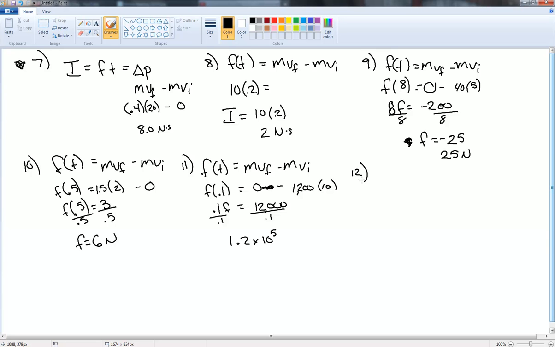During a collision, an 84 kilogram driver of a car moving at 24 meters per second is brought to rest by an airbag in 1.2 seconds. The force exerted on the driver by the airbag is... all right, same setup, force times time. I'm not going to write the equation out, so let's just look right here. We're looking for the force. It happened in 1.2 seconds. The guy is being brought to rest, so that means that the final velocity is 0. We just have to look at what his initial velocity was. 84 kilogram driver, and he was traveling 24 meters per second. So we have 1.2F equals